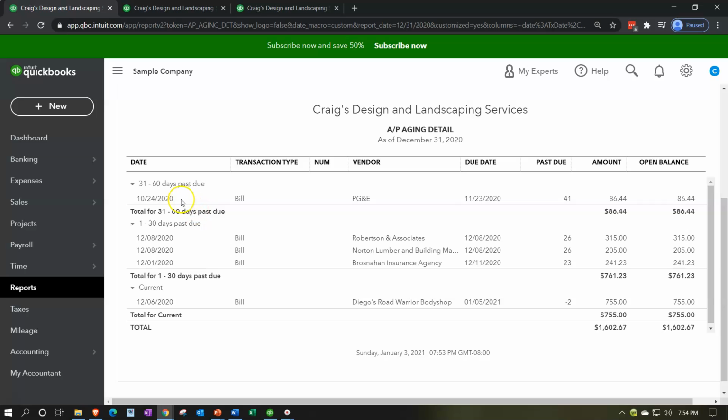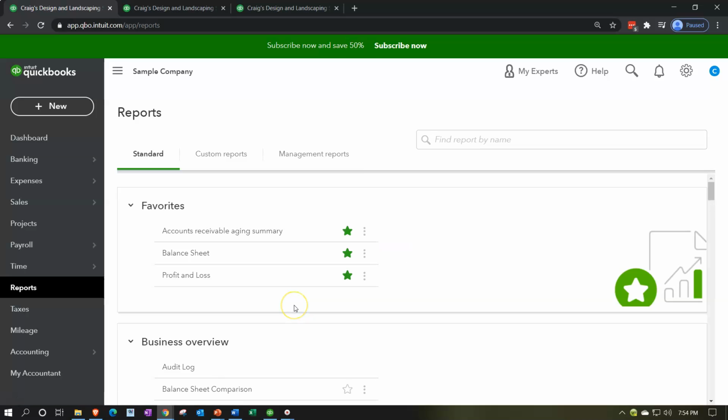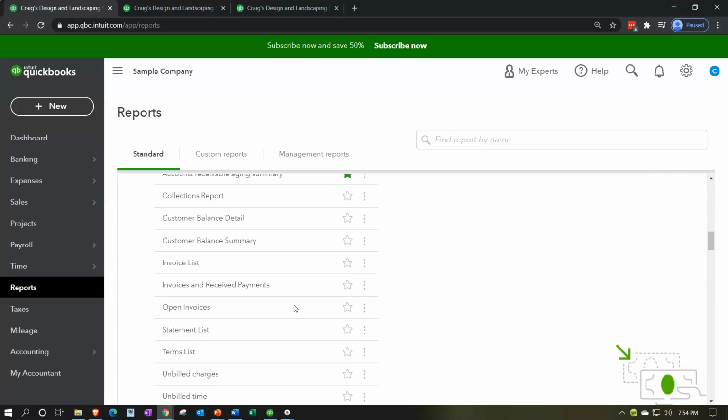And this gives us a little bit more detail about how past due it is. So we got 31 to 60 days past due, and then we've got the 1 to 30 days. So these are the current items, 1 to 30, and then we have 31 to 60 days past due. If I go back down to the reports and just take a look at one more down here,